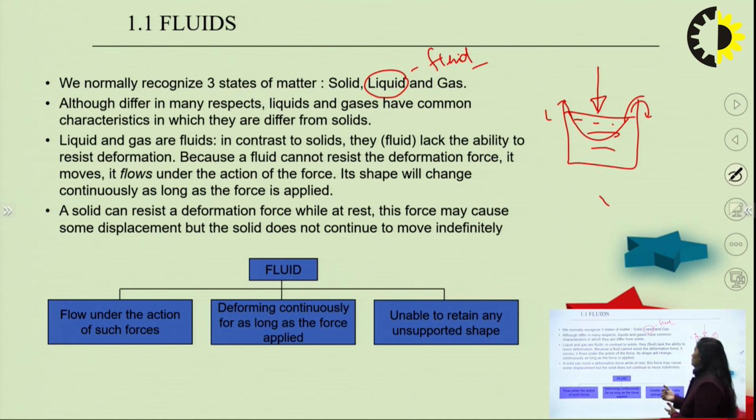Let's say the force is continuous. So what will happen? This particular fluid will deform continuously until the stage is reached when we are not able to apply the particular force on that. So what will happen? The water or liquid will flow over at some place, or maybe the position of the fluid will not be at that particular point. This is the basic difference between liquid and solid.